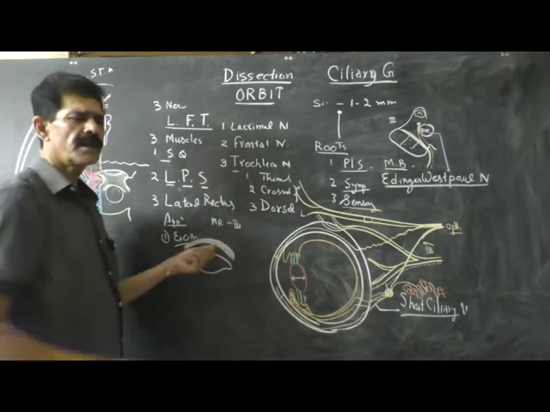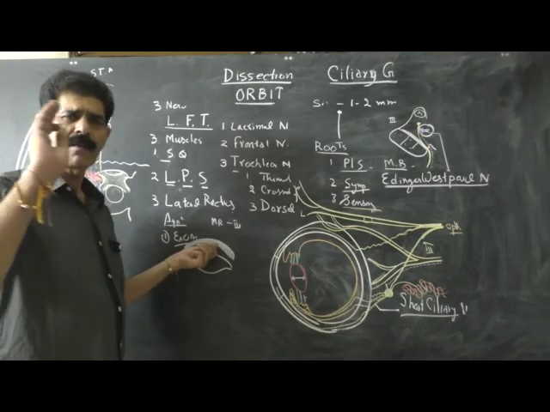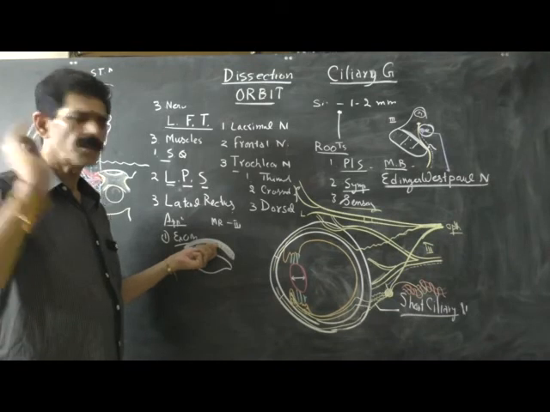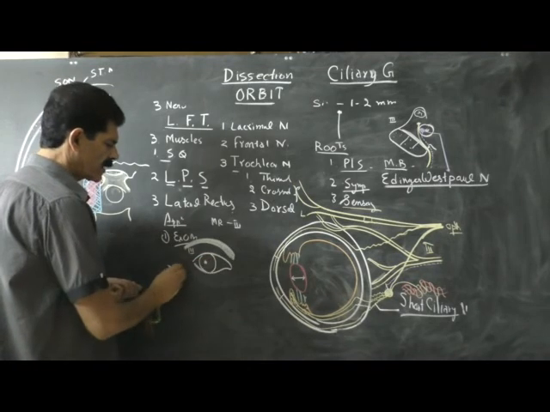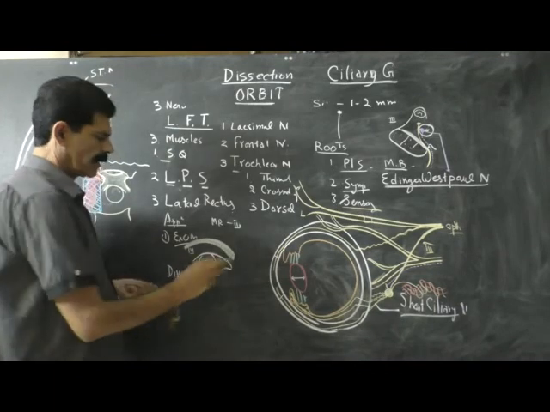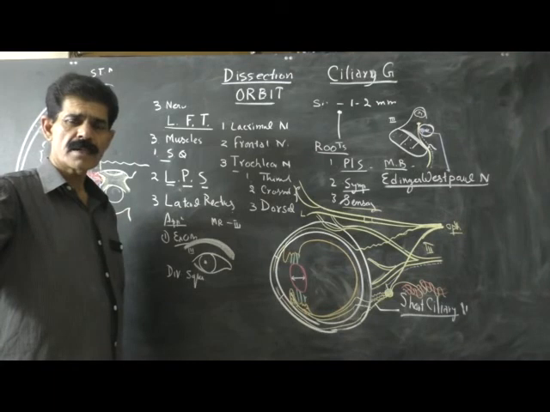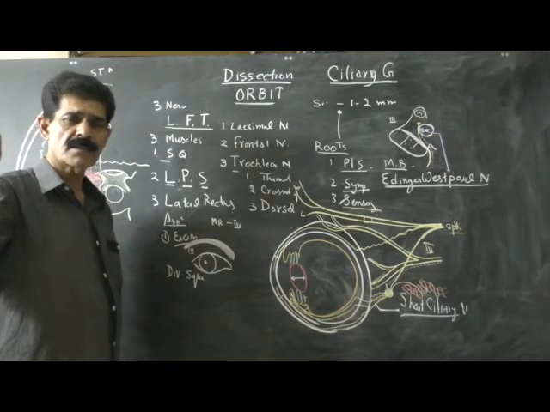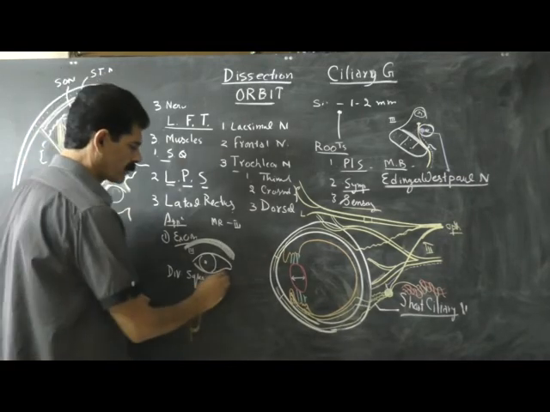If the third nerve is injured but the sixth nerve is okay, then the eyeball will be in the abduction position. So this is called the divergent squint. And because of the unopposed action of the lateral rectus, the patient will have double vision or diplopia also,